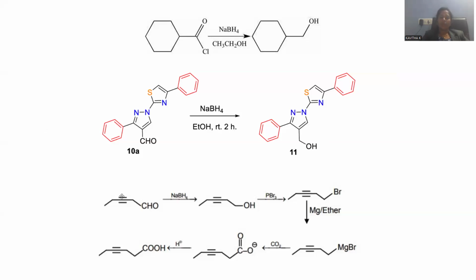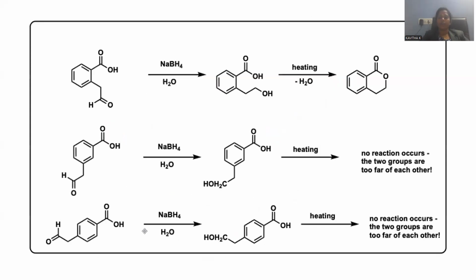I'm taking a triple bond and an aldehyde at one terminal of the carbon chain. Sodium borohydride is the reducing agent, and the triple bond will remain as such, not affected by the reduction process, with only selective reduction of the aldehyde into a primary alcohol. Further reactions are also possible, but our concern is the applicability of sodium borohydride upon multiple functional groups. It will selectively reduce the aldehyde rather than the triple bond in the compound.